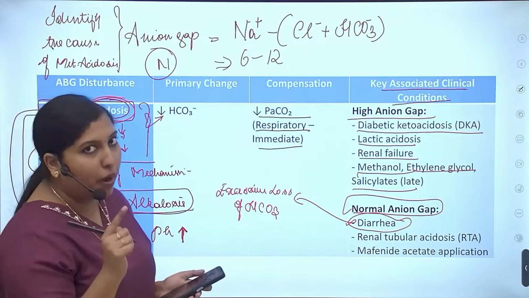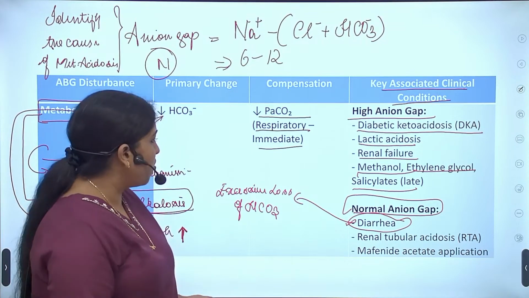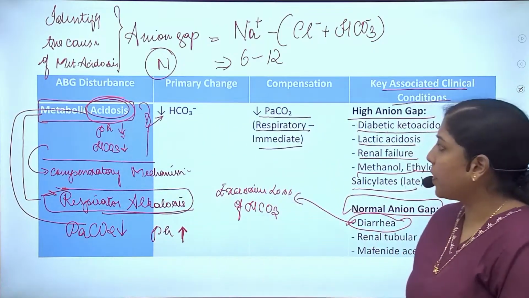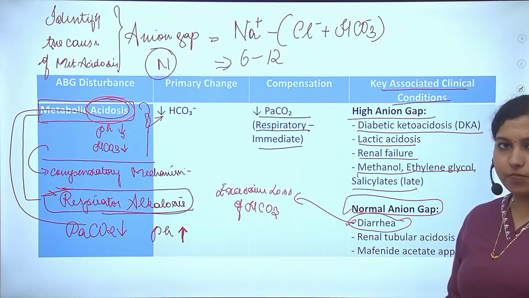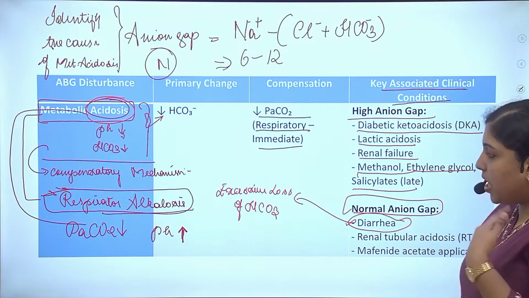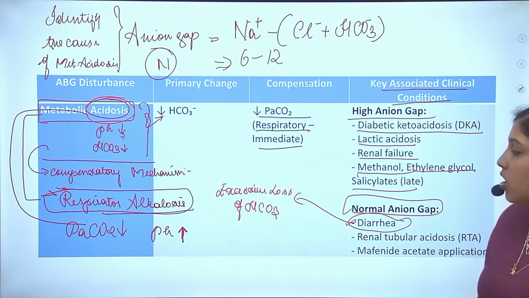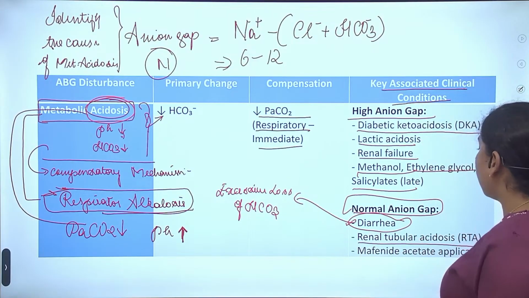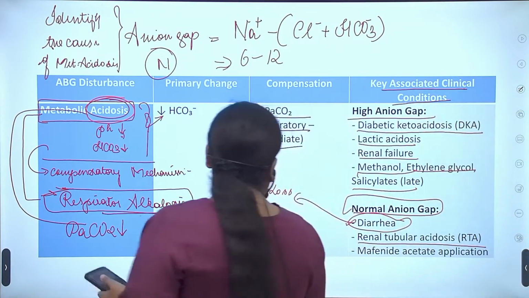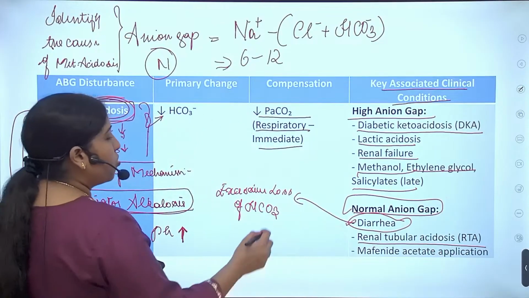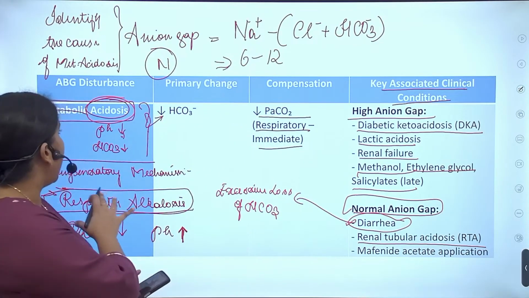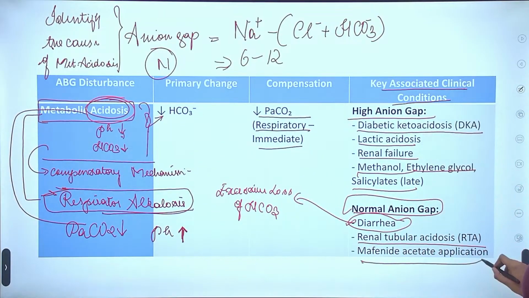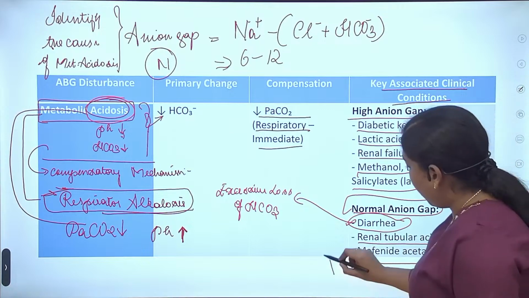That you have to keep in mind. In diarrhea, there is excessive loss of base, that is your bicarbonate. So obviously, the patient will go into metabolic acidosis, right? The base is lost. So that's why the patient is going into metabolic acidosis. In case of renal tubular acidosis also, the patient will have normal anion gap metabolic acidosis. In case of mafenide acetate application, as we studied in burns,